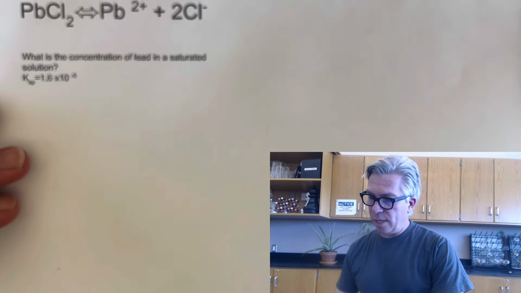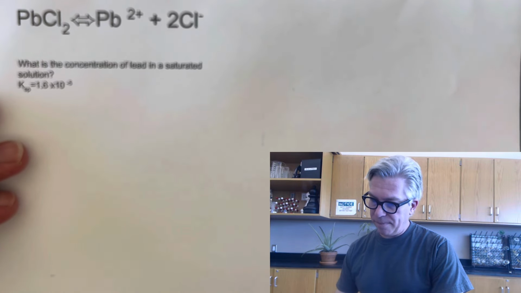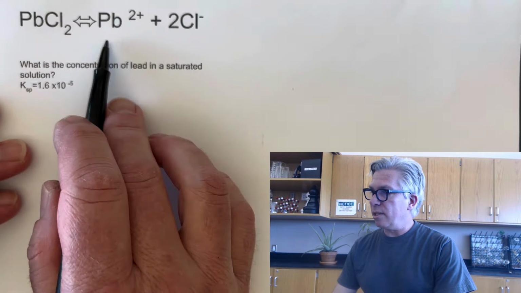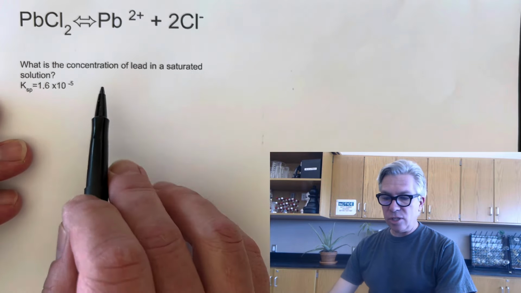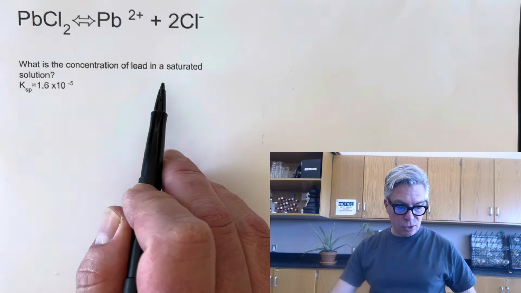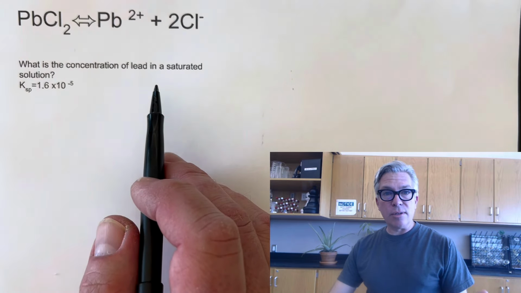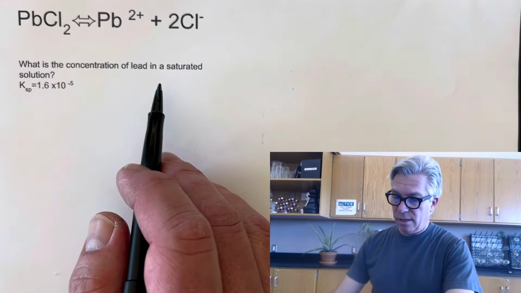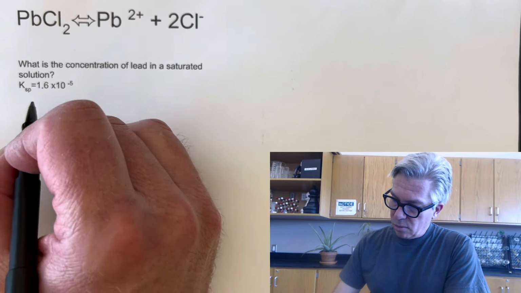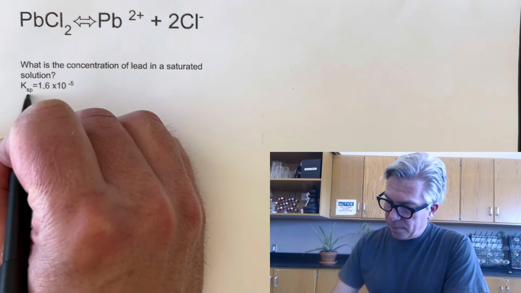Here's an equation for the dissolving of the lead chloride. 1 lead and 2 chlorines for each one. What is the concentration of lead in a saturated solution? What you're going to see next is very similar to other equilibrium problems you likely have done if you're watching this video. And so what I'm going to do is rewrite the